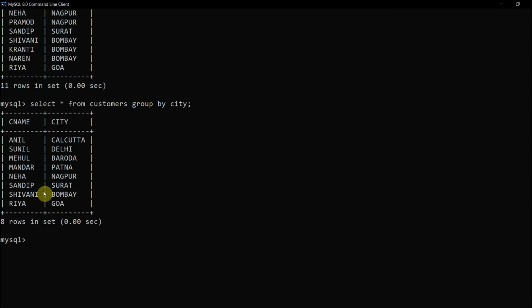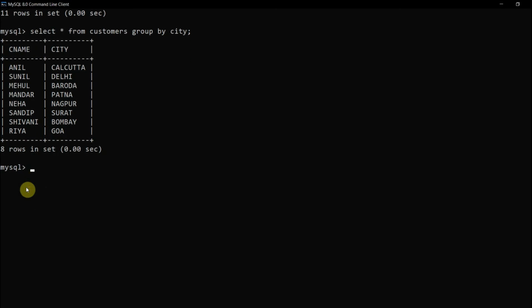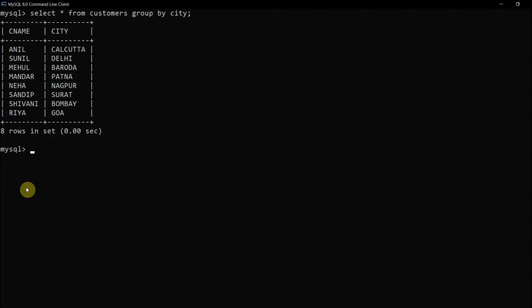So the first entry of a customer which is there, it will take that particular entry only, right? So this is how it is combining your particular data into one, that there are this many particular things which are combined and it will give you data according to that. It is combining or grouping your data if there are some similarities in it, right? So this is how the GROUP BY clause is used to group your data into a minimum form. If it is maximized in a large amount, then it will minimize it and give it to you.